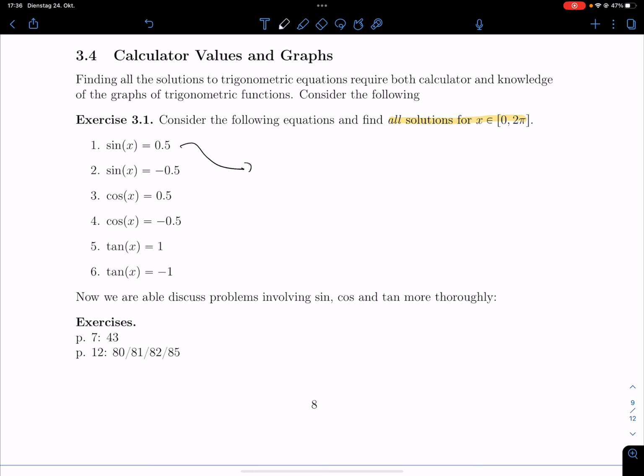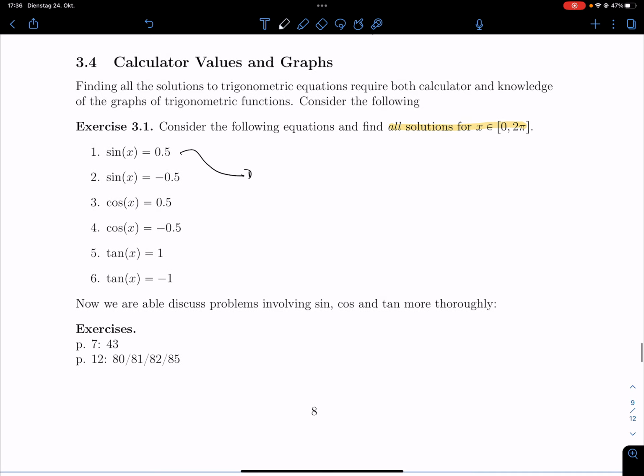For instance, if you have sine of x is 0.5, you can convince yourself with the calculator that x then is sine inverse of 0.5, which, if you set the calculator in degrees, gives you 30 degrees,